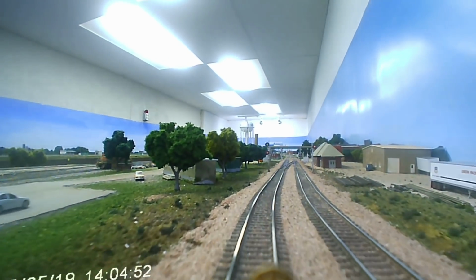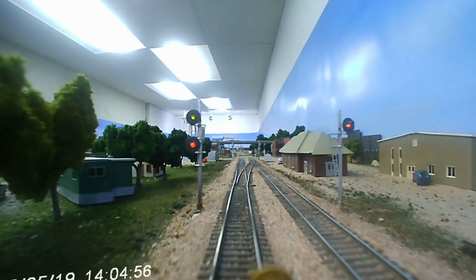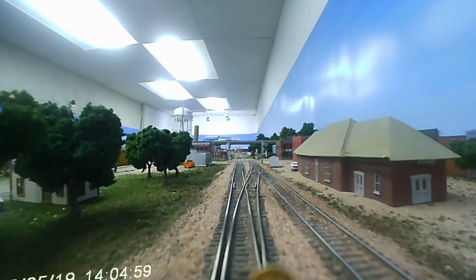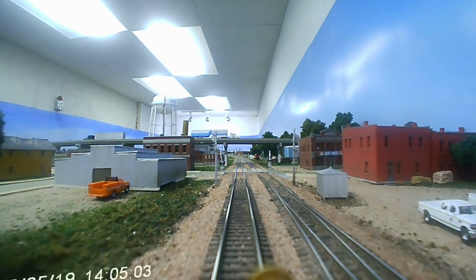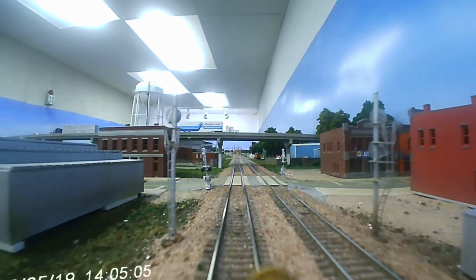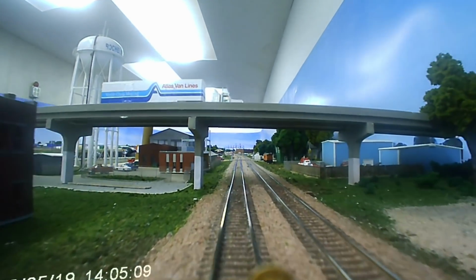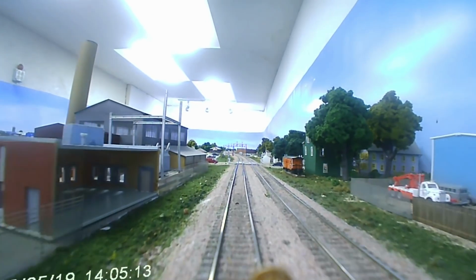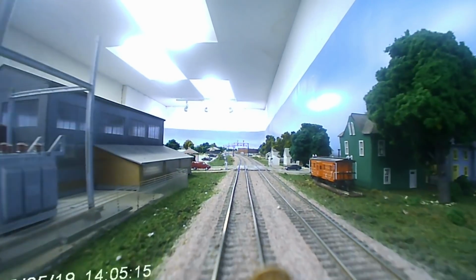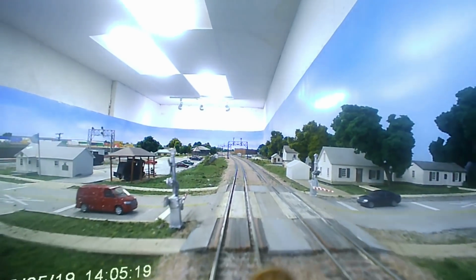And here we come past the trailer park and the old passenger station, which is still used by Union Pacific for storage. And here we're coming across Washington Street. That was Patterson Lumber on the left and the downtown on the right. We're coming under 7th Street overpass, and we can see the power plant on the left. Little bed and breakfast with a caboose on the right, and now we're crossing 9th Street and we see the